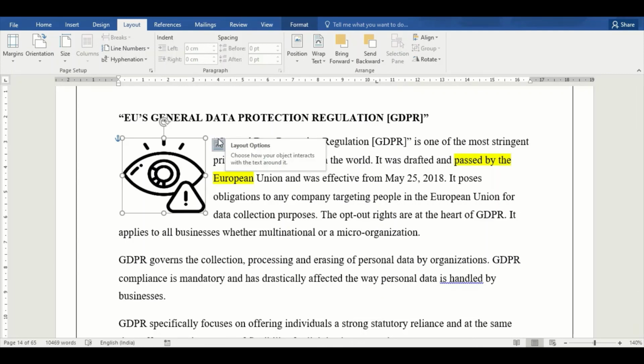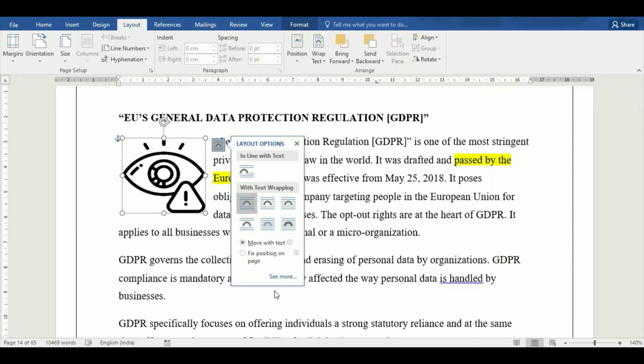Another quick feature which we may have missed out is when you go to the layout options, there are two options here, which is move with text, which we already saw, which basically again means that if your text is added or deleted to the page, your image will alter accordingly. And the second option is to fix the position on the page, which basically again means that your image, if I just choose this option, it means that I can still move my image if I need to, but if I add or delete text to the page, then my image will not be moving on its own. I can move it manually, but it will not be moving on its own.